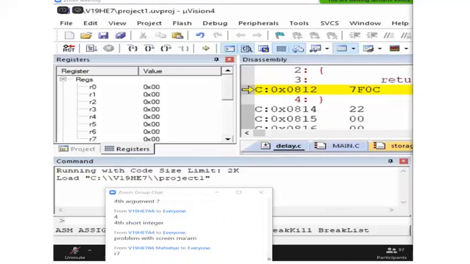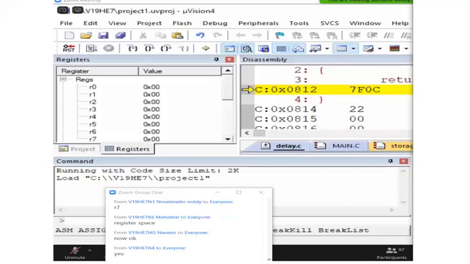Into R7. It is stored in R7. Everyone is able to see here, right? Fine.